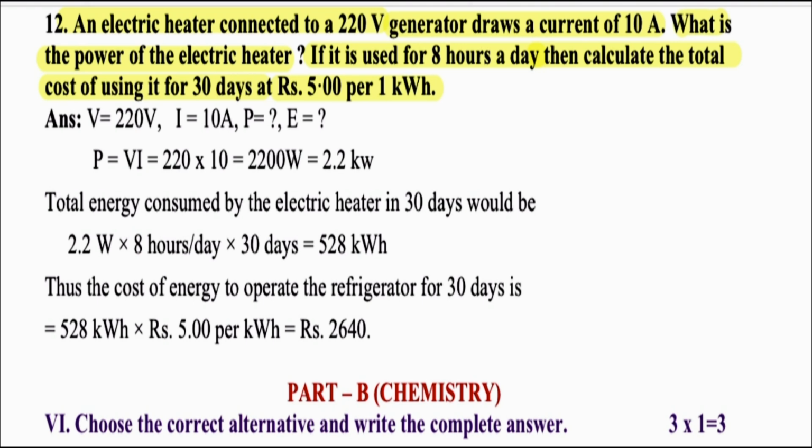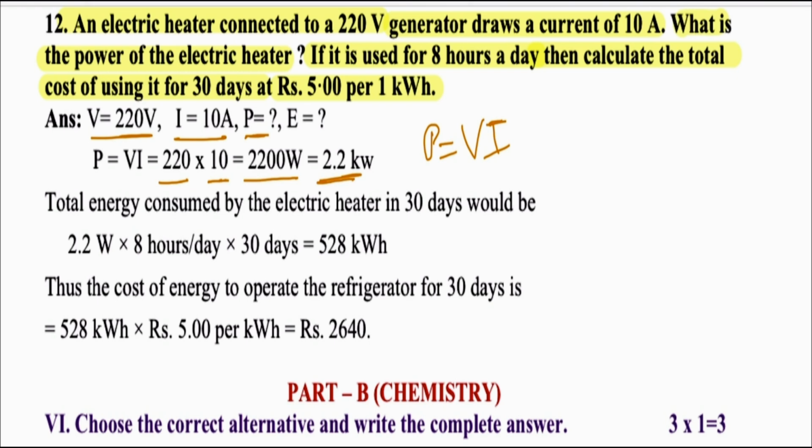Here given is V equals 220 volt, I, the current, is 10 ampere, and the power is what we need to find. The formula is P equals VI. V is 220, I is 10, and multiplying both gives us 2200 watt,